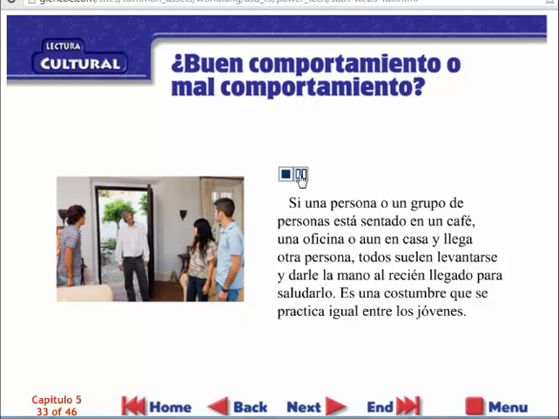Si una persona o un grupo de personas está sentado en un café, una oficina o aún en casa y llega otra persona,